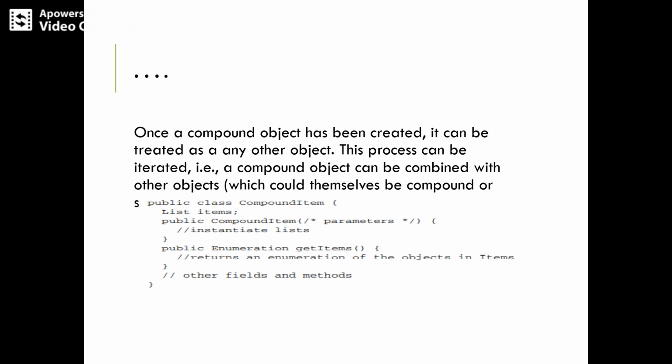Here there are other possibilities. If the object is a simple item, it would be cast as an Item and the include method would be invoked. If the object is compound, then it would be cast as a CompoundItem, and the getItems method would be used to enumerate the list of objects that make up the compound item. Clearly this is not the most desirable, since the client method is querying the type of the object, switching on the type of the object.